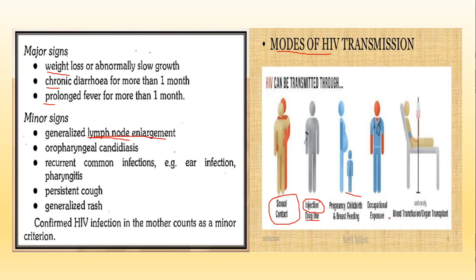Then the maximum chances again occur in case of blood transfusion and organ transplants. Some diseases like thalassemia and sickle cell anemia require regular blood transfusion. So if somehow they get blood from a person infected with HIV, then they will also get infected. So it is very important that the blood has to be tested before transfusion. Same way in case of organ transplants. So these are the main modes of transmission of HIV.